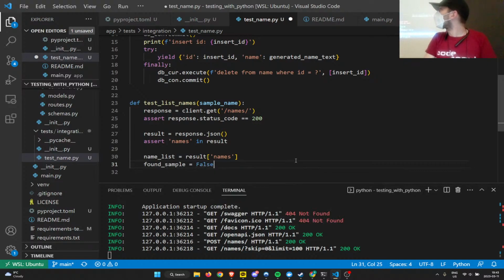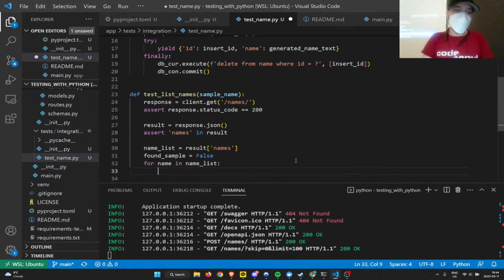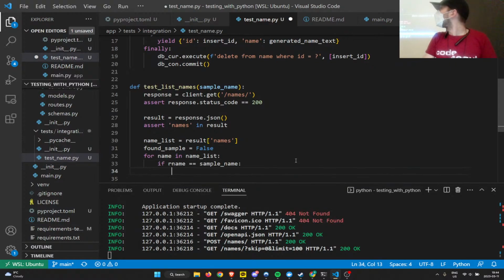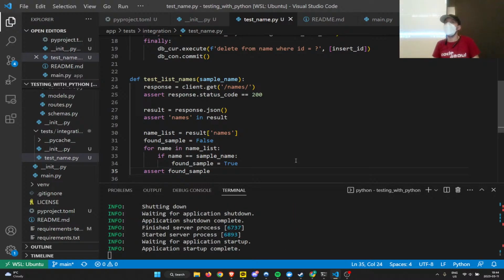This is Python, so capital F. For name in name list, if name is sample name, found sample is true, and then assert found sample. Okay, does that make sense? So far so good? Let's try it.